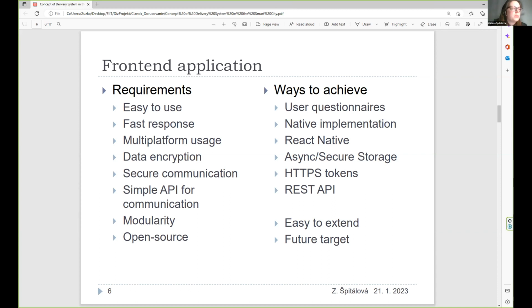The other requirement is simple API for communication. For that requirement, the REST API is used for data exchanging, but for more details, I will be talking about that on the next slides. The other requirement is the modularity.